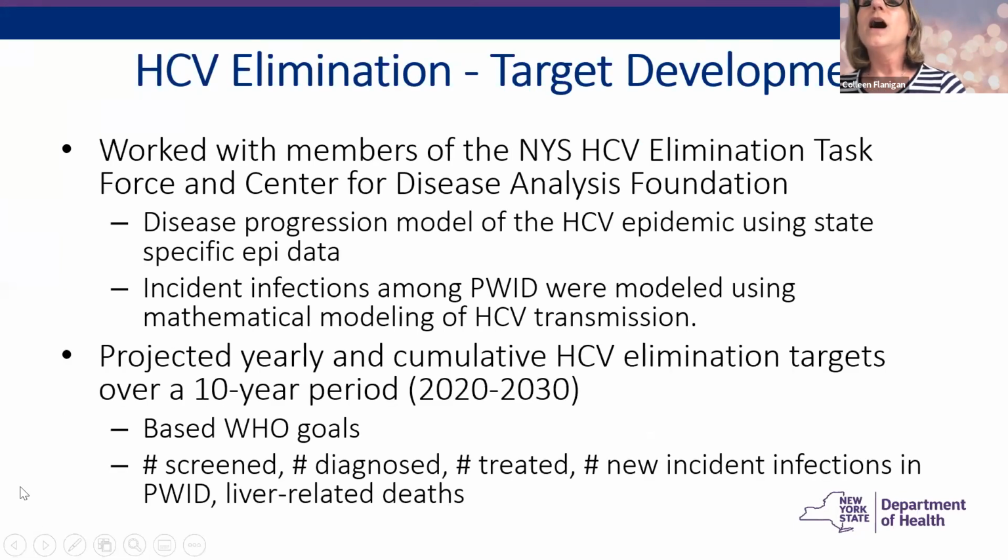So from there, we worked on our target development. We pulled in members from the Hepatitis C Elimination Task Force, including those members of the Surveillance Data and Metrics Work Group. We also contracted with the CDA Foundation, who some of you may know through other published papers. They use a disease progression model for the Hep C epidemic using state-specific epi data. And then we also looked at PWID estimates, incident infections among PWID using mathematical modeling for Hep C